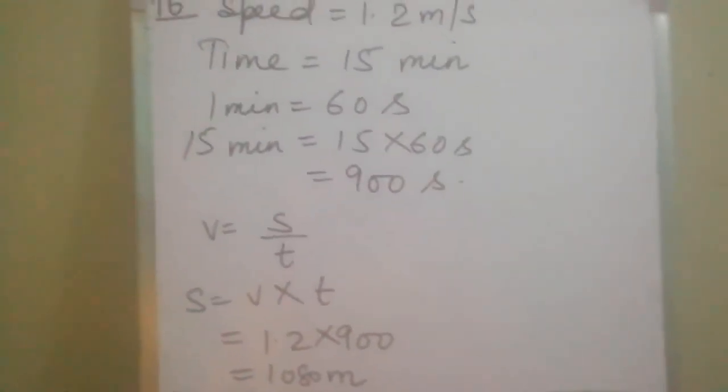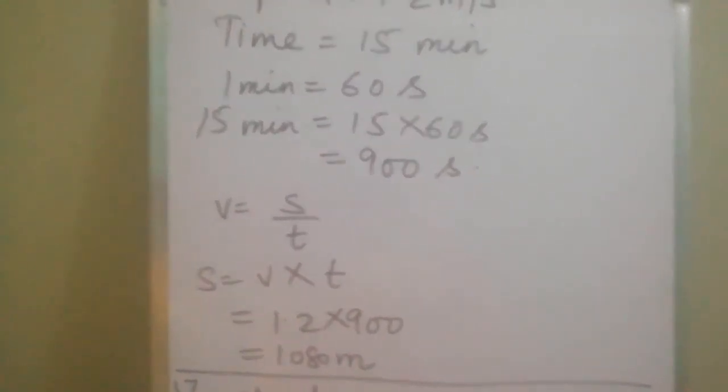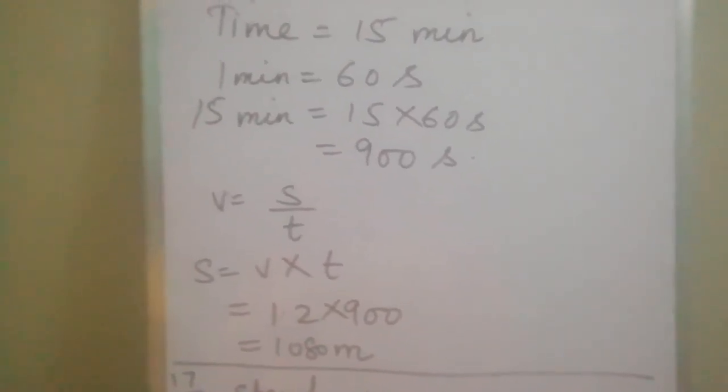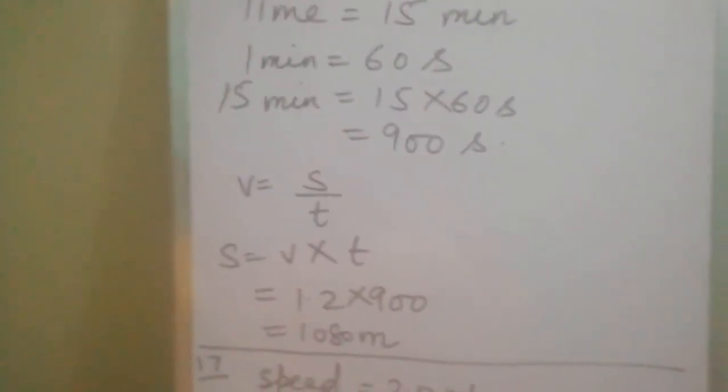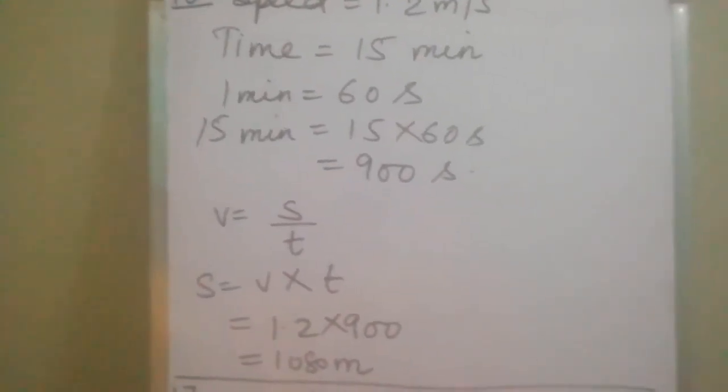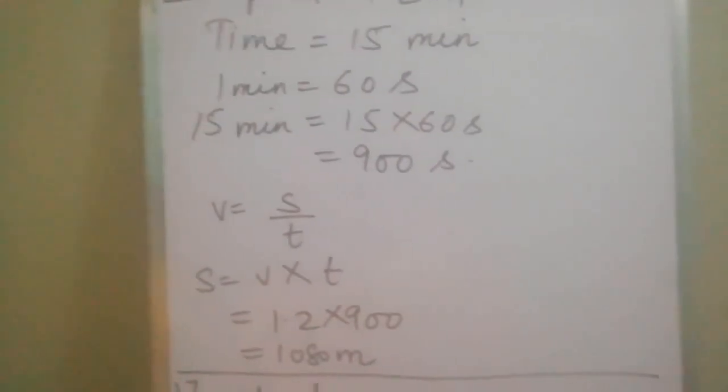I am repeating the homework again. You have to read the whole chapter. Then you have to solve all the examples given in the book in your rough copy, and you have to write these terms given on page number 23 in your fair copy, children. I hope you all will do it.